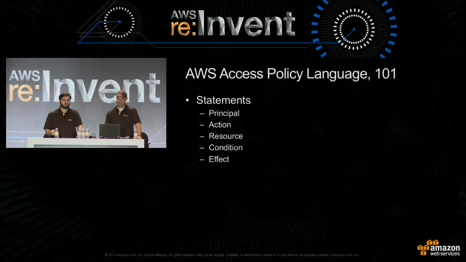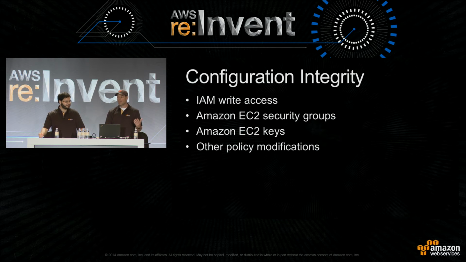Conditions are used to further scope down policy, say for example that it only applies to calls made over SSL or applies only from a particular network range, and then the effect is either allow or deny, which tells us what to do when the statement matches. Our policy language is very, very powerful, but we promise you that it's less complex and more deterministic than palm reading. It's deterministic, it's just challenging sometimes.